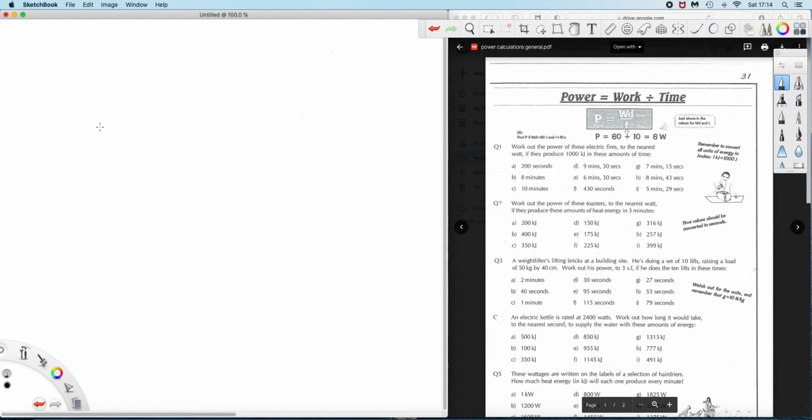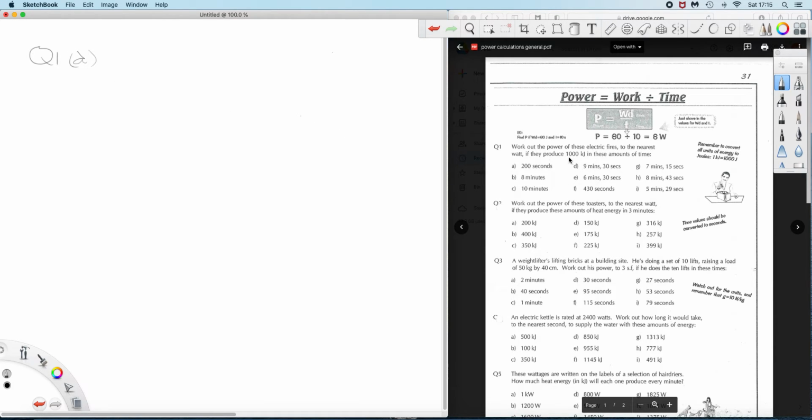Calculating power, work and time using this formula, then what I'll do is an example from each of these questions to show you how it's done. So question 1, if we do part D of question 1,